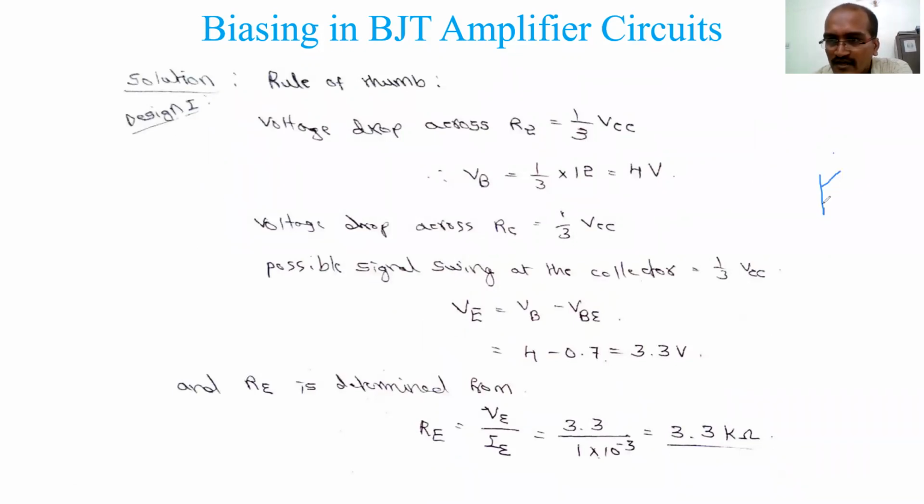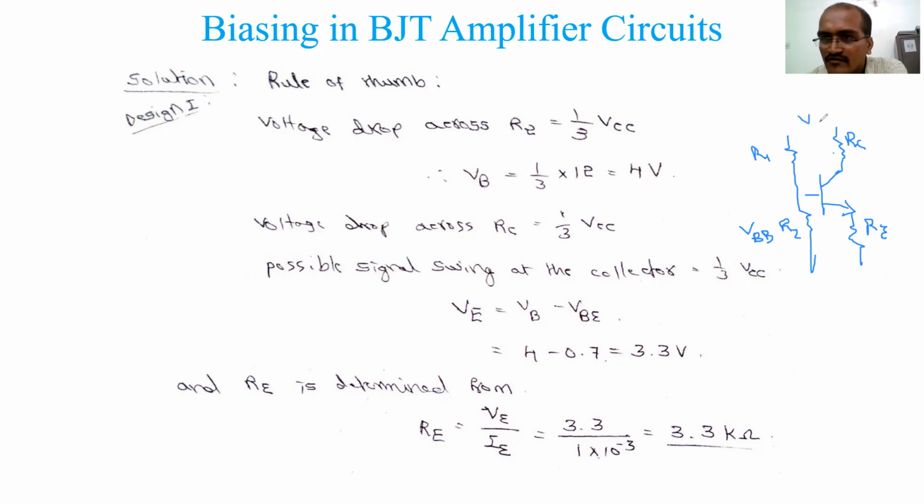This is the circuit I am designing, so you should know the analysis correctly, each mathematical part. Here R1 is there, here R2 is there, here RE is there, and here RC is there. Some equations we have done, so you should remember. This is RC, this is RE, this is R1, and here it is R2, and this R2 we have approximated in analysis as VBB, which is nothing but VCC into R2 by R1 plus R2.